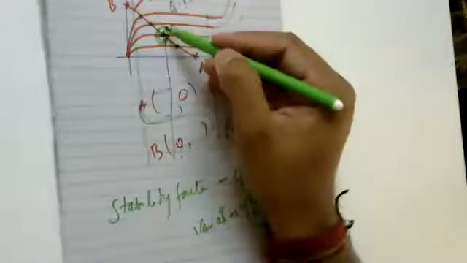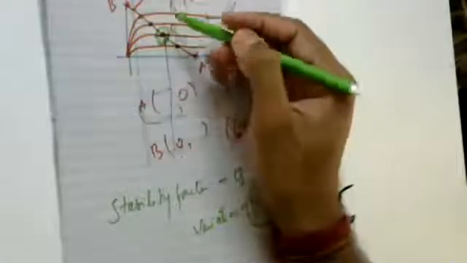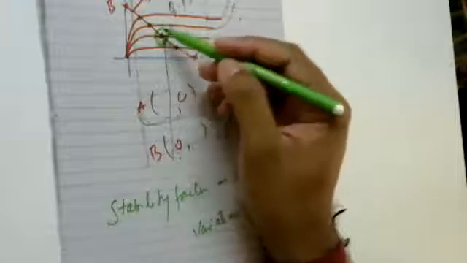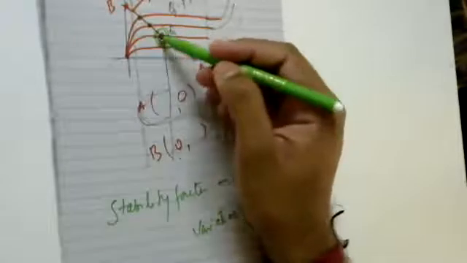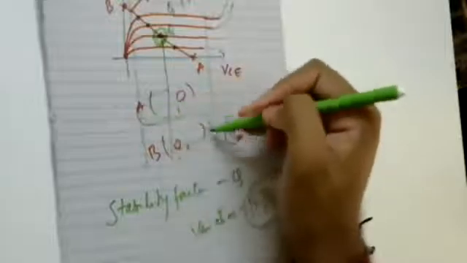Because unless your Q point is constant, you will never have your system being stable. If your circuit has to be stable, then your Q point has to be stable. It should not move. The moment it starts fluctuating, the moment it starts moving either towards point B or point A, distortion in the signal is seen. Maybe some portion of the negative swing is clipped, or maybe some portion of the positive swing is clipped. So somehow I have to design my Q point such that it is insensitive.